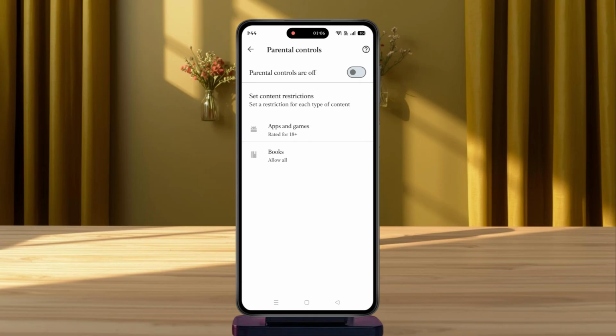That's it! You've successfully learned how to manage family settings in Google Play Store and customize them to suit your